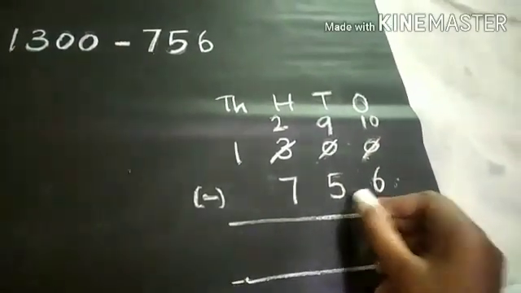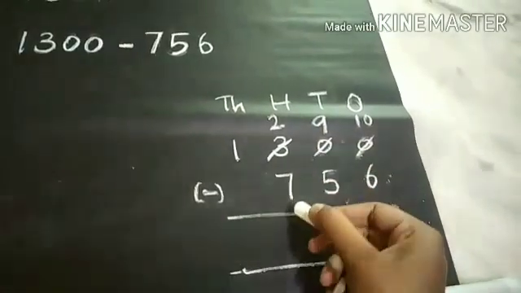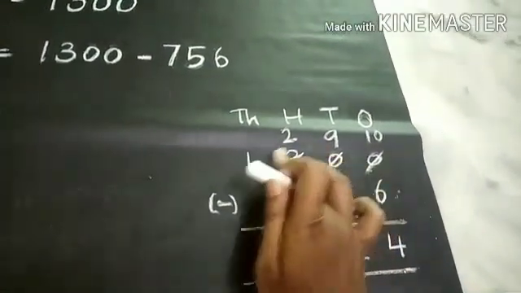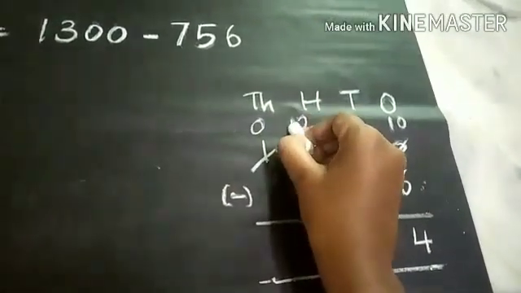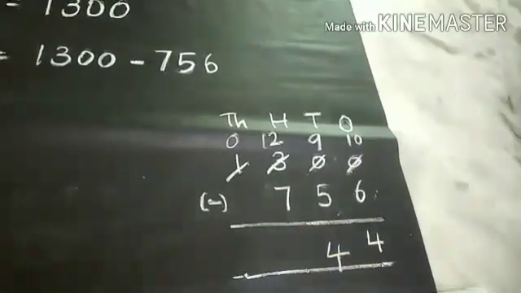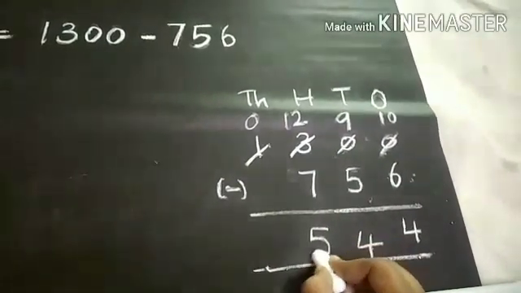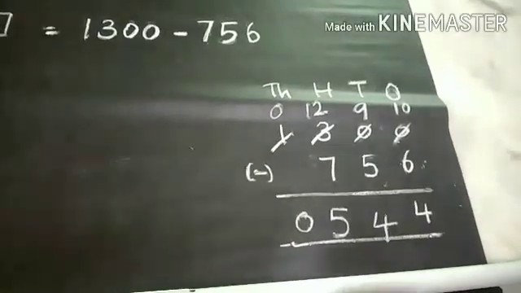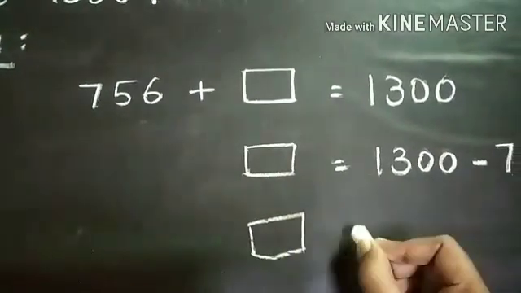Subtract 5 from 9, that is 4. Then subtract 7 from 2. We can't subtract the number 7 from 2, so borrow from nearby places. 1000 place becomes 0, 100's place becomes 12. Subtract 7 from 12, we get 5. Then 0 minus 0 is 0. Now we get 544. That is, unknown number is equal to